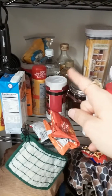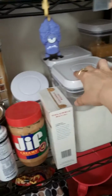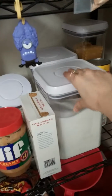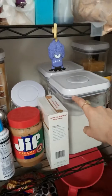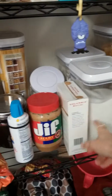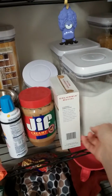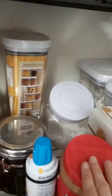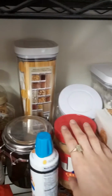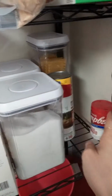But just like cooking oils, salts, sprays, pasta. I love these containers, these pop containers. They're amazing. I don't like buying them at normal stores. I go to TJ Maxx or Ross to buy them because they're cheaper. But that's where I keep my salt, or not my salt. Oh, I hope that would not all be salt. My flour and sugar. It keeps it a lot fresher and nicer. I keep powdered sugar in that little cookie jar shaped one because I bake a lot. And then I've got some pasta, some soup, you know, some stuff in my